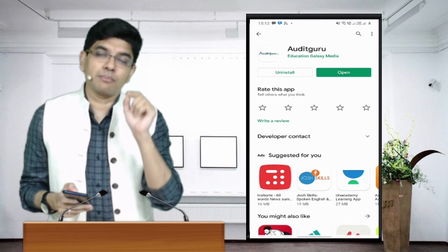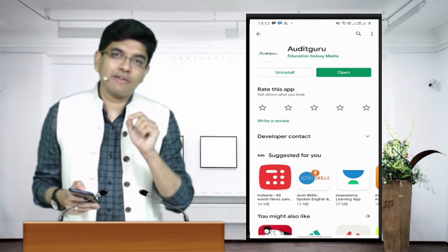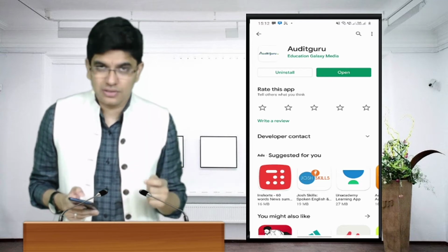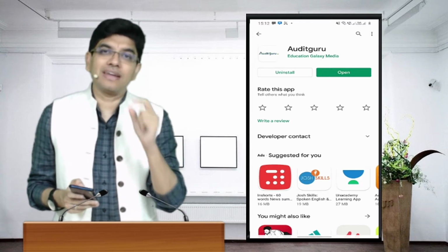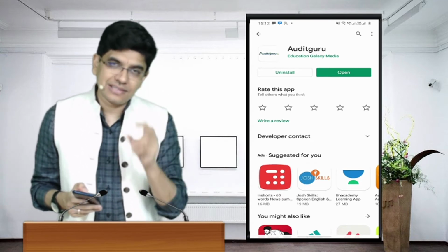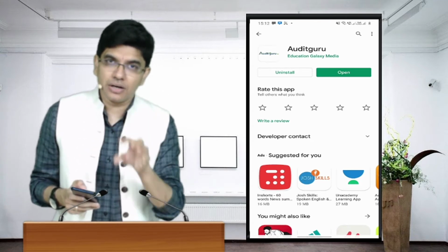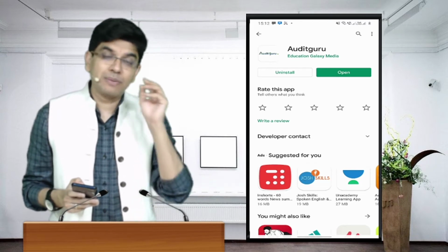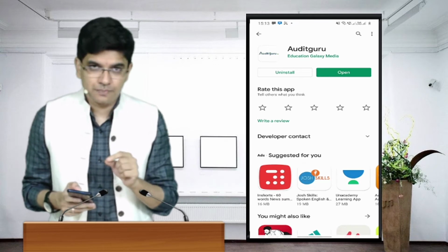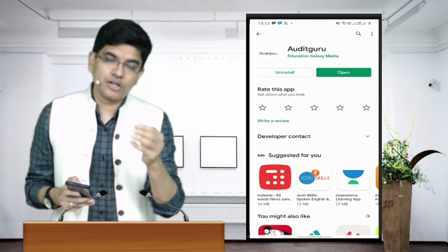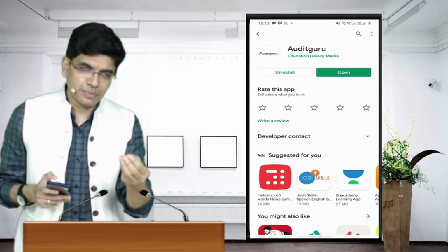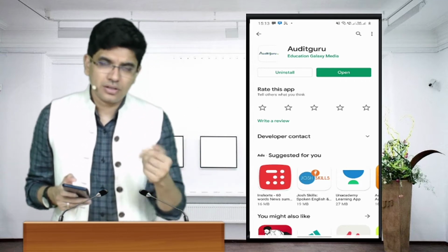Use your mobile number which you have given at the time of registering for this particular course. Using the same mobile number is important because we have given access to that particular mobile number in our backend. So please use the same mobile number which you have given for registration. Use that, you will get an OTP and get registered. Normally you get OTP within a minute.